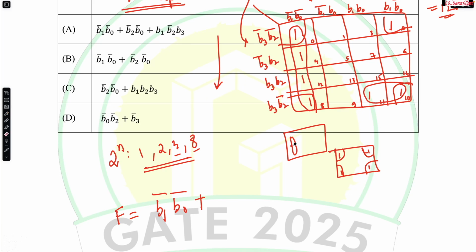once this part is done, now let's focus on this kind of grouping, right? Let's focus on this grouping. So in this grouping, which part is changing? When you consider this one and this one, what part of it has changed? See, this B2 B2 bar is remaining the same, but the B3 bar, the bar is changing, right? So we can remove this B3 and only B2 is going to come down. Okay, B2 is going to come down, B2 bar,